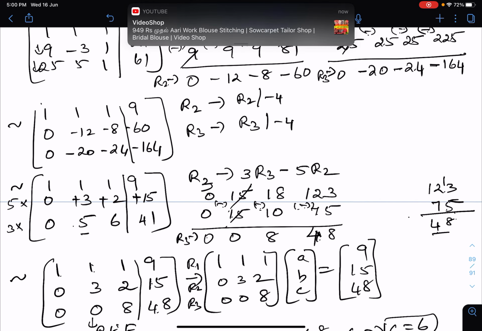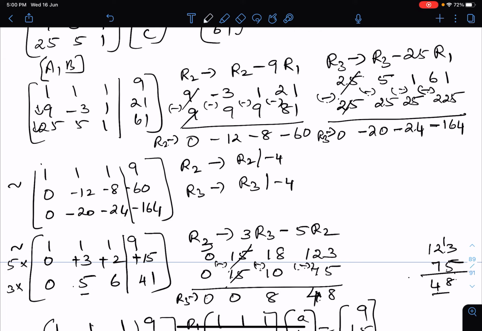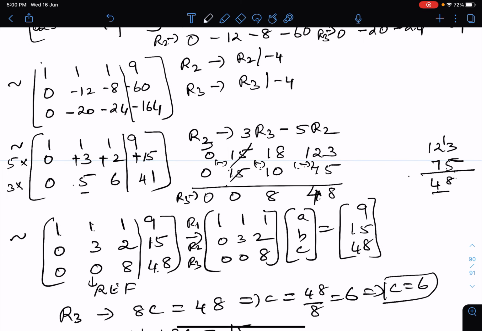So it's nothing but we are writing the augmented matrix with the coefficients of the unknowns and the constants together, and then you are reducing it to row echelon form. What is row echelon form? Below the principal diagonal you have to bring zeros. So in the first column for 2 zeros you seek the help of row 1, and then if there are any common factors you can divide in between. At any step you get a common factor, you can divide it to make it simpler so that our calculations will be easy. And then coming to the second column, second last element, you make it 0. For that you seek the help of R2.